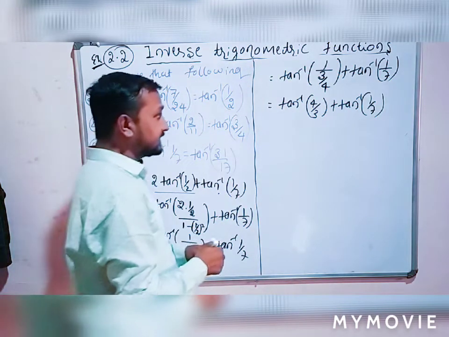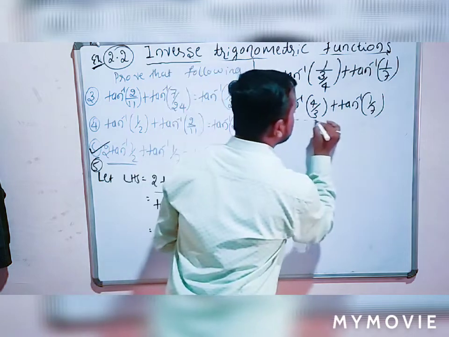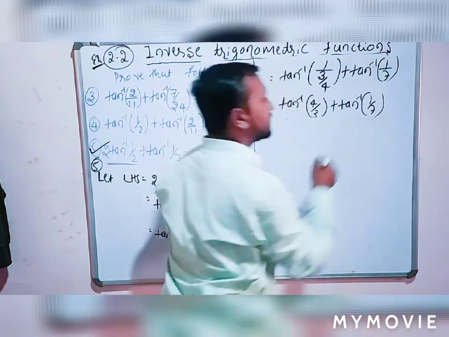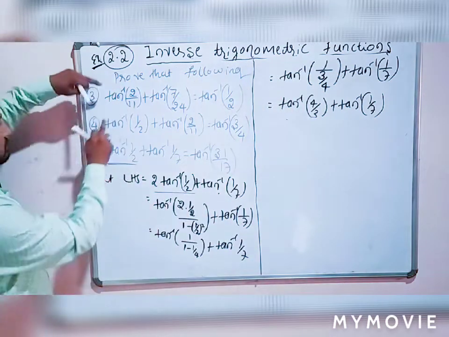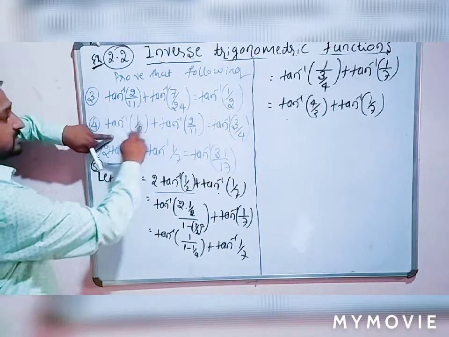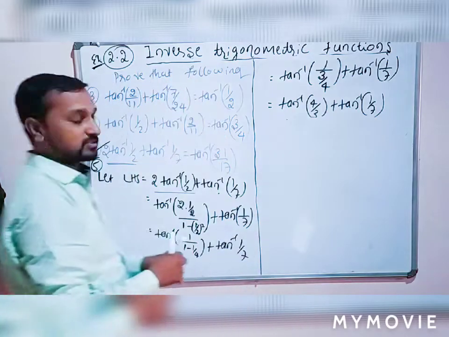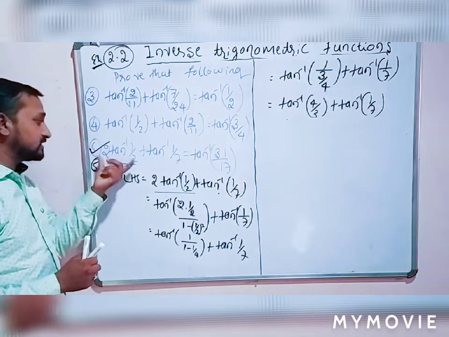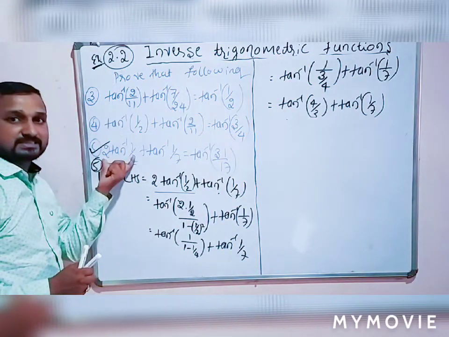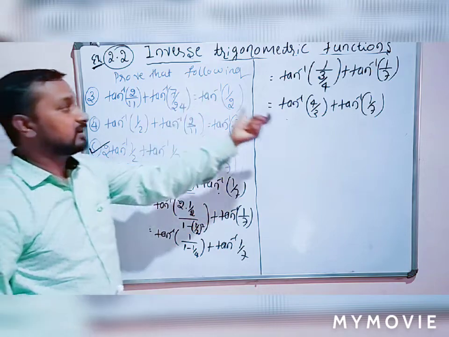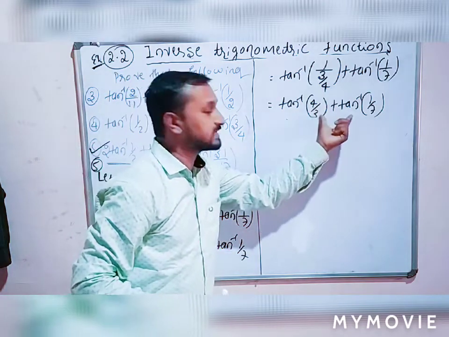Okay, so this is a standard form. This is what is asked. This is a standard form of the same example, tan inverse of x plus tan inverse of y. This is also tan inverse of x plus tan inverse of y. So this is the only change: in the first term, 2 tan inverse of x is there. Then we will solve, and then again this is tan inverse of x plus tan inverse of y.